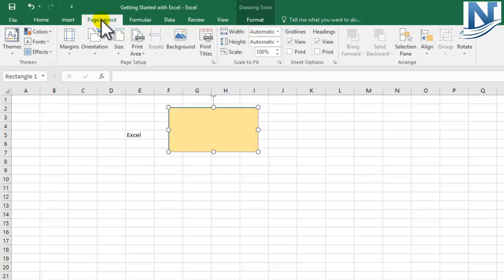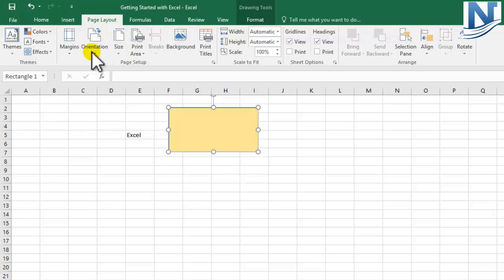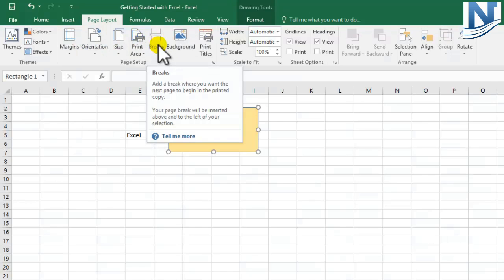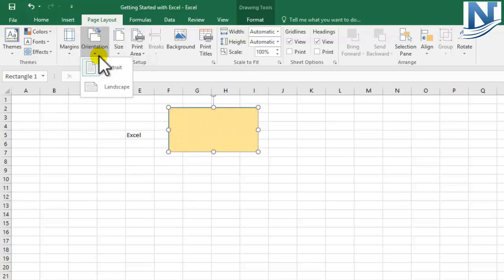Coming to the page layout tab. Okay, so now page layout basically deals with how you want your page to look like, whether you want margins, how you want the orientation to be, whether it should be portrait. We currently have it in a portrait mode. You can change it to the landscape mode as well. You have different themes as well over here. And a very important thing that you have over here is grid lines.